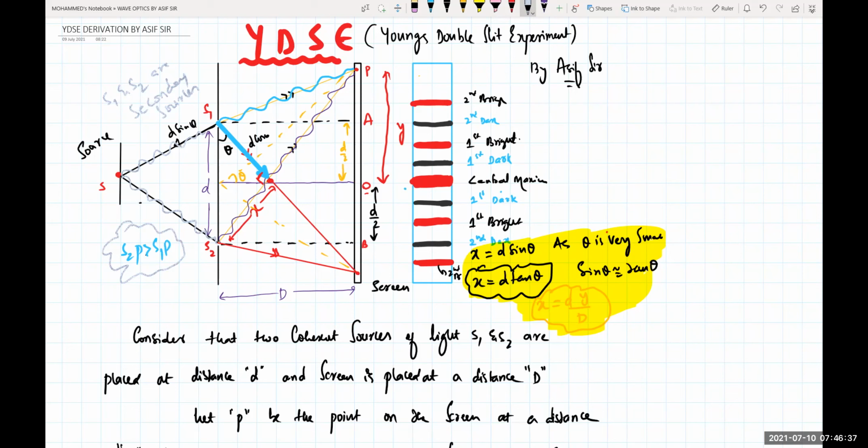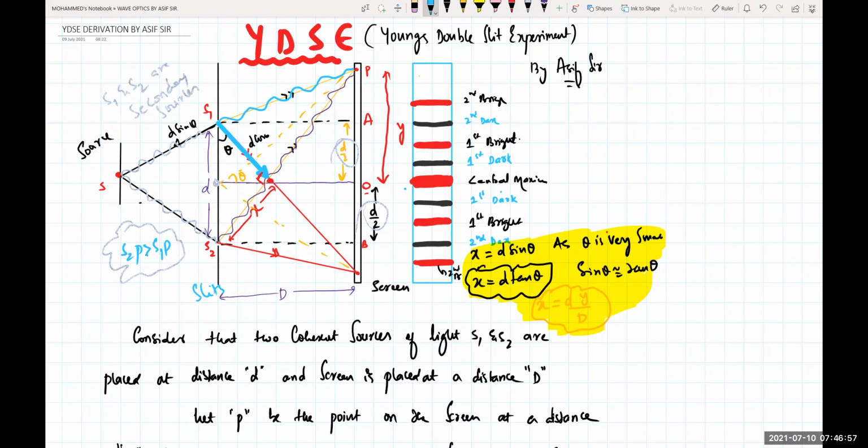The distance between S1 and S2 is D. That means from this center O to S1, the distance is how much? D by 2. And from this center O to S2, the distance is again D by 2. Okay. The distance between the screen and the slits is